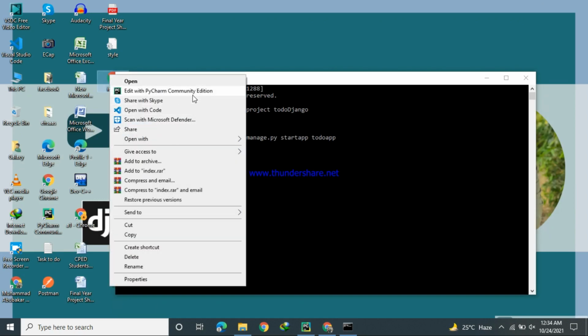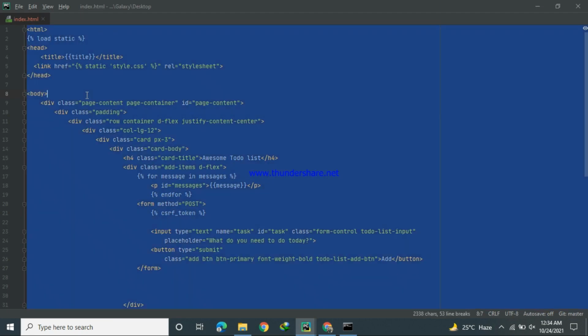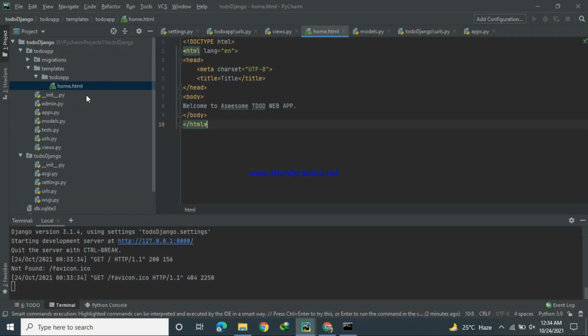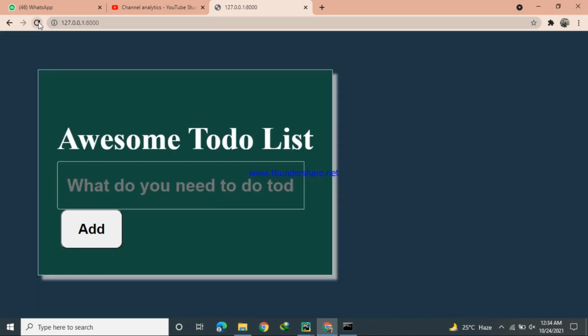I will open it and copy all its data to our project. Let's check what's the result for this. So this is the result for our app, for this project.